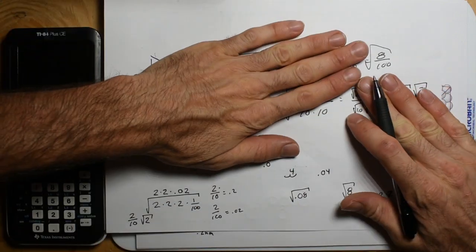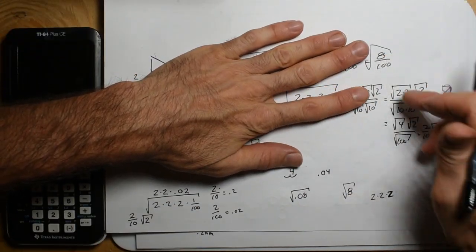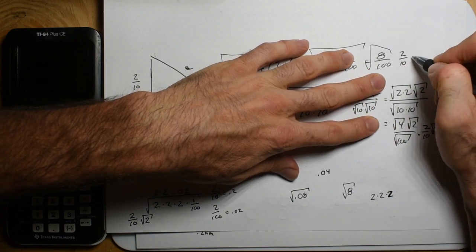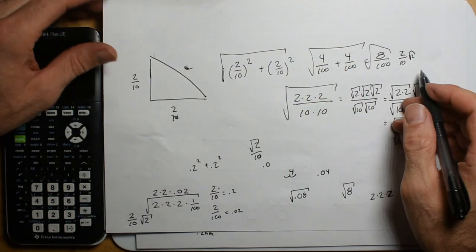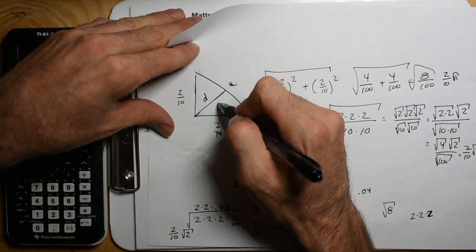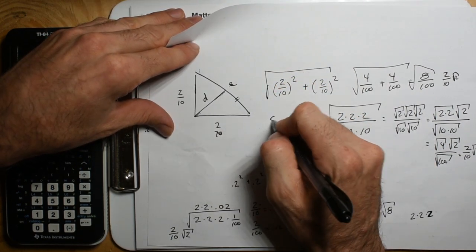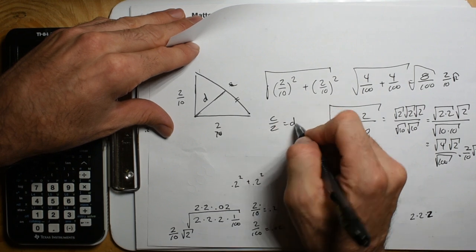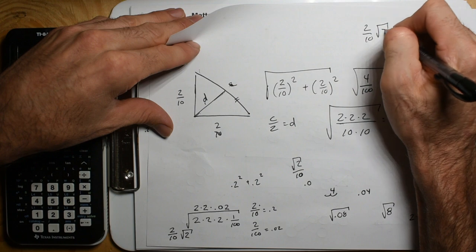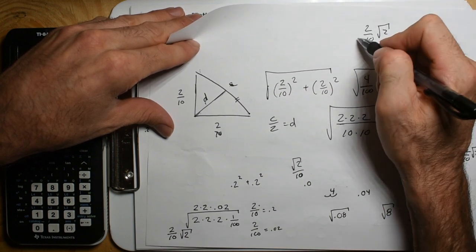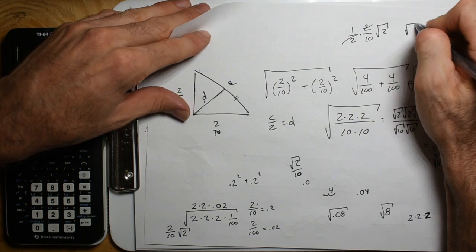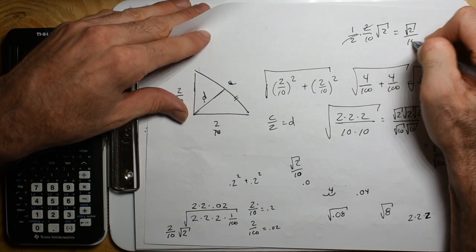If I look at it like that, I can't just go right to saying that this is 2/10 square root of 2. Okay, so that's C. The problem asks for this distance D, and we're saying half of C. So C divided by 2 is that distance D. And so if we take 2/10 square root of 2 and divide this by 2, it's the same thing as multiplying by a half. The 2's cancel, and we end up with the square root of 2 divided by 10.